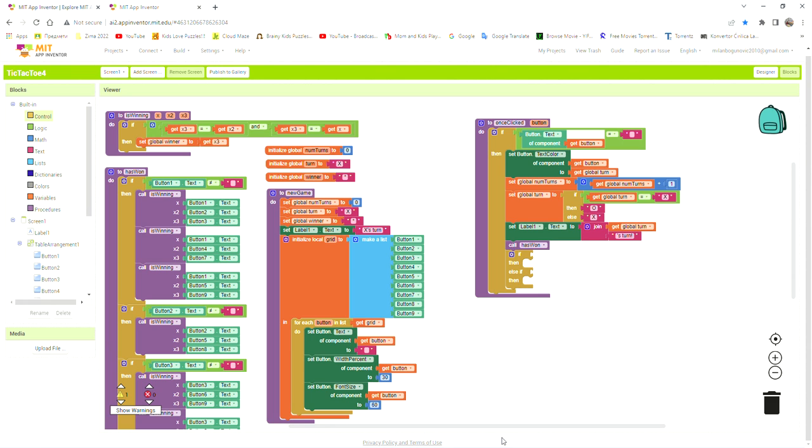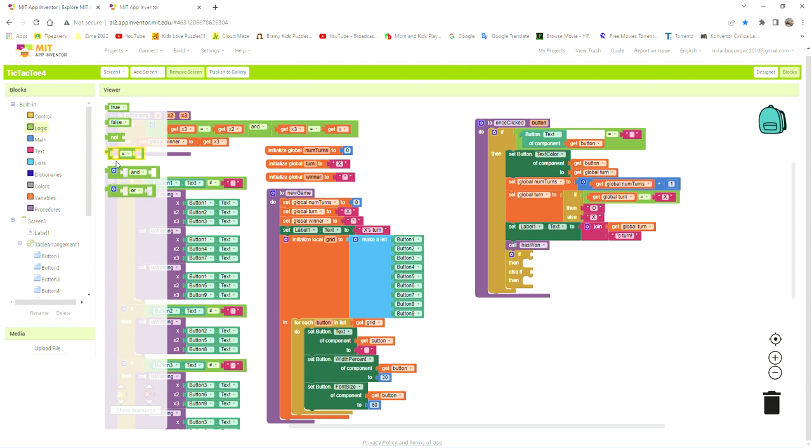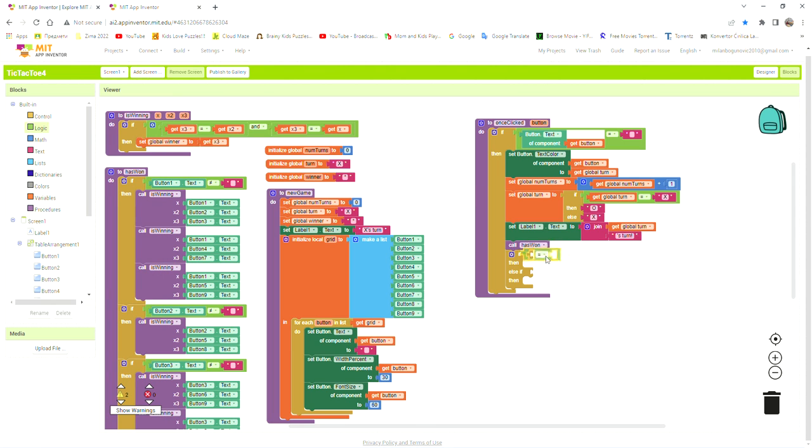And now if the global winner, we need the not equal sign, get global winner, isn't nothing, isn't star, then